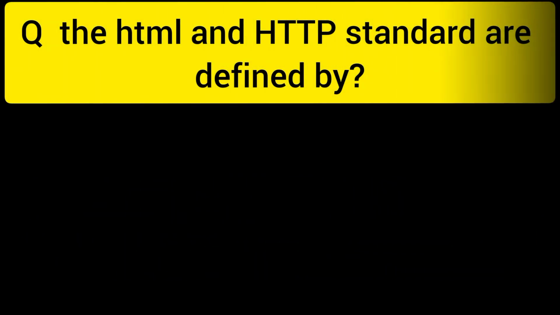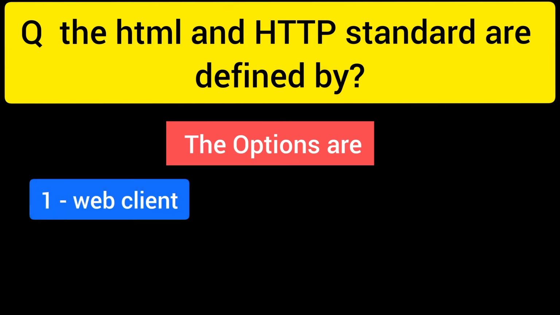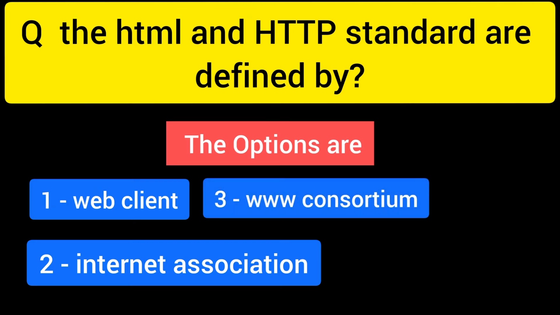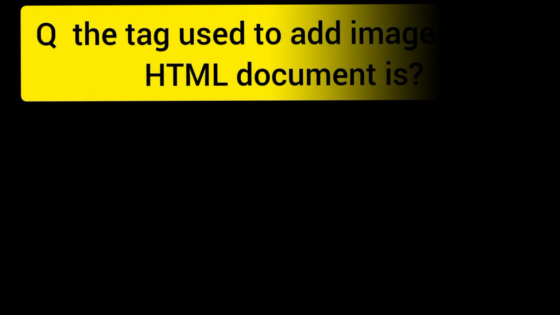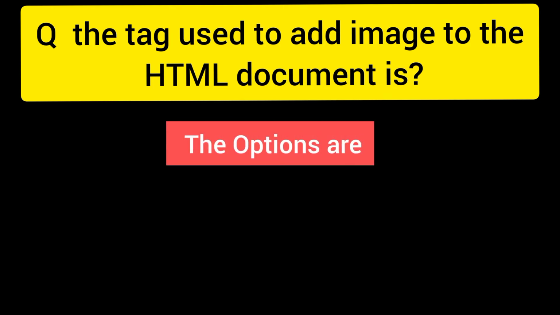Question number 20, the HTML and HTTP standard are defined by, and the options are option number 1 web client, option number 2 internet association, option number 3 www consortium, and the right answer is option number 3 www consortium. Question number 21, the tag used to add image to the HTML document is, and the options are option